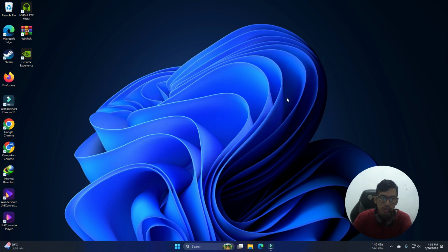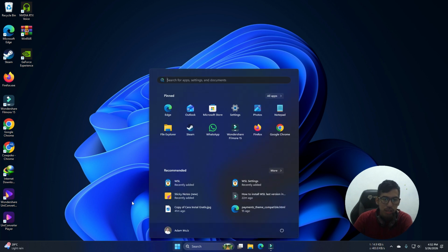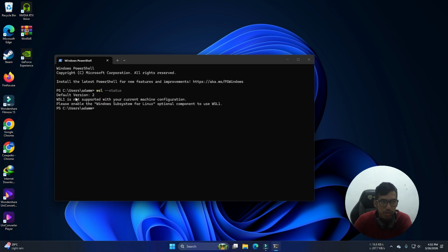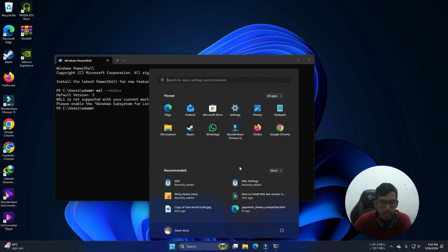After we restart the computer, we can check it in this Windows button. As you can see right here, there are WSL and WSL Settings. We can also check it from PowerShell. We can type wsl --status. As you can see right here, WSL version is 2, and we can run the configuration from WSL Settings right